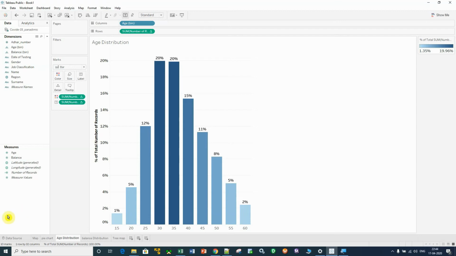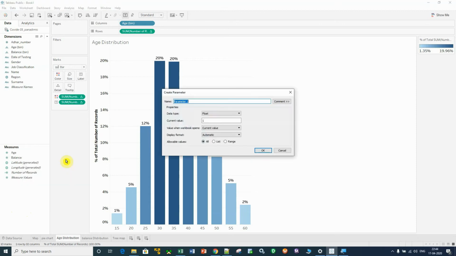For that you have to create a parameter. So let me introduce a new concept in Tableau, that is parameter. Why are we creating a parameter? So that from that particular parameter we can edit the bracket or the bins very easily. It's like a control meter. Okay, right click here to create a parameter. Just right click here and you can get the option here, create parameter, right?